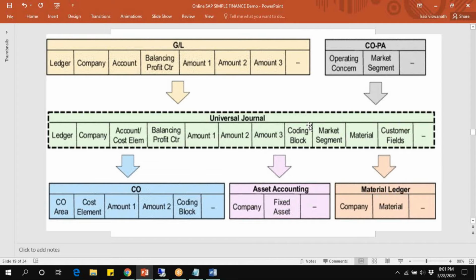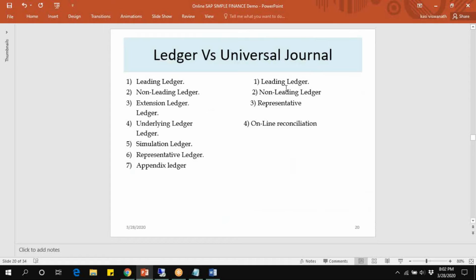For example, in ECC, I want to post company code wise GL posting, so ledger, company code. Again, I want to post asset posting. Company code is required, fixed asset, and the data source in ledger. Again in this case, ledger repeats and company code repeats. Here in this line item, there is no repetitive field. A single structure, a source of truth for both finance and controlling line items. That is the universal journal.